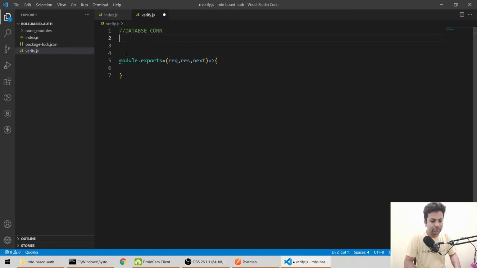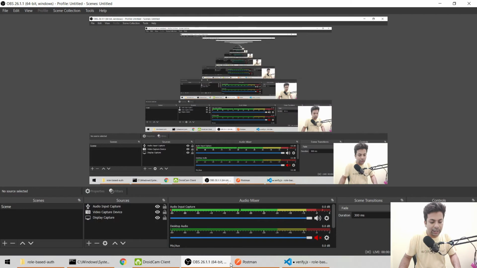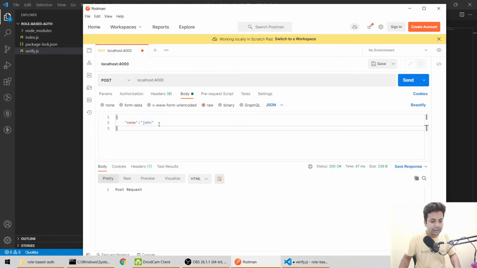With the help of name, either you can directly send the role here, like role1, or if you are not sending a role again and again, you just want some parameter, so you can send this name or ID, whatever. Suppose I'm sending ID, so most people use ID. You can use it in headers also. So if I say ID John 123, okay, so I'm sending ID.